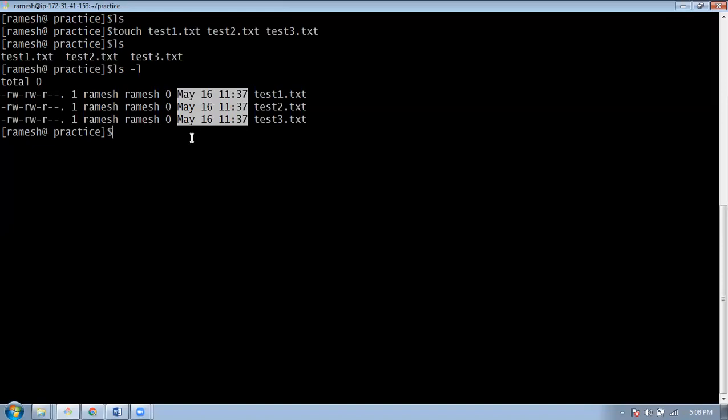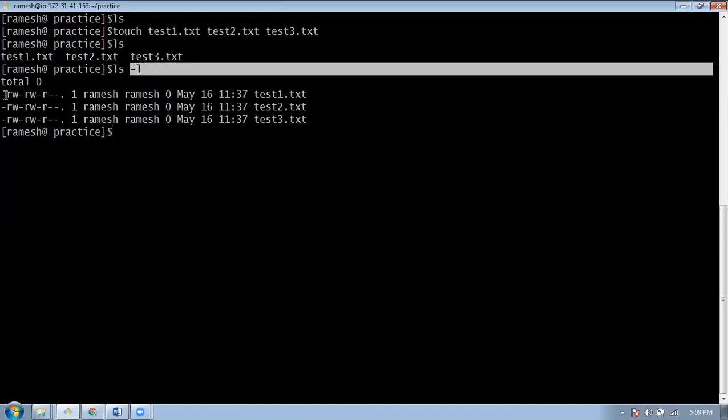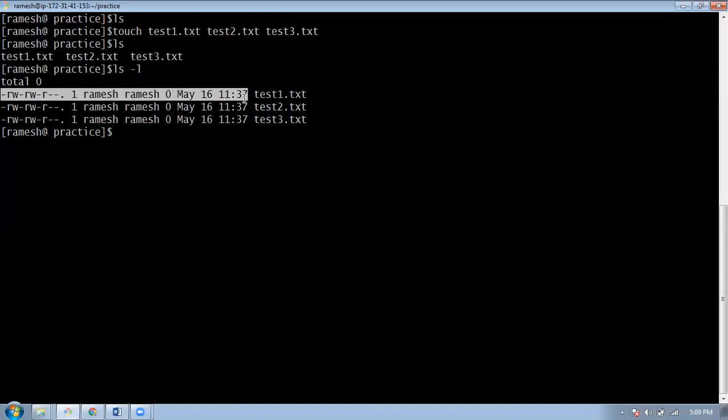These are the 7 attributes we'll have for any file. So -l is for long listing. When you use long listing, you can see all these details for each and every file.